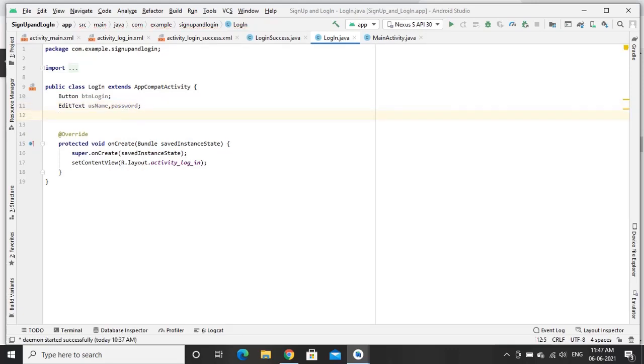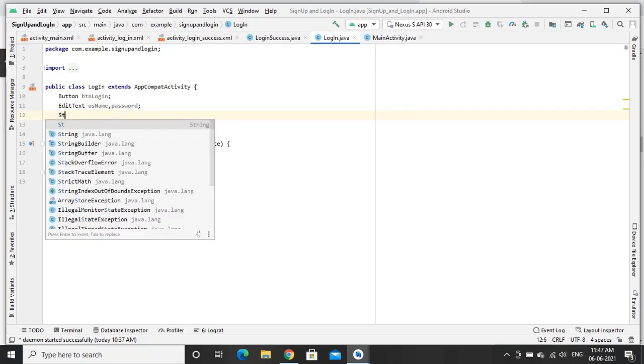And I also require two string values to store the given username and password, and I'll compare it with the transferred data from the sign up activity.